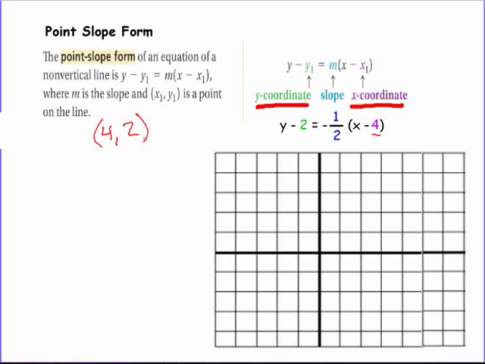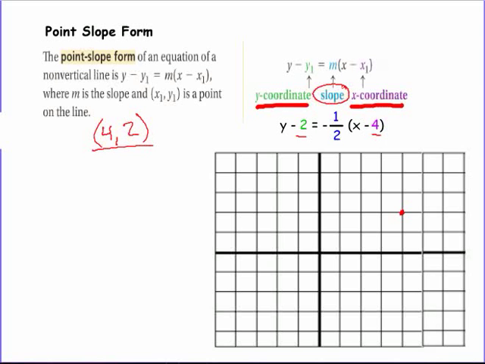We want to make sure we get those in the right order, even though 2 comes first. When we order them over here, it's got to be 4, 2. So the first thing I'm going to do is plot that point. So I'm going to go over 4 here, up 2. Here's my point. And then I need to know what my slope is, which can be found right here in